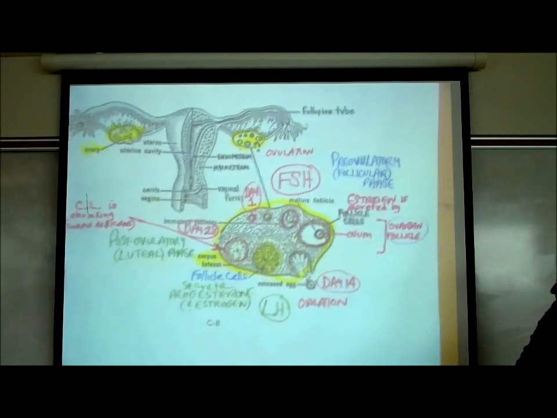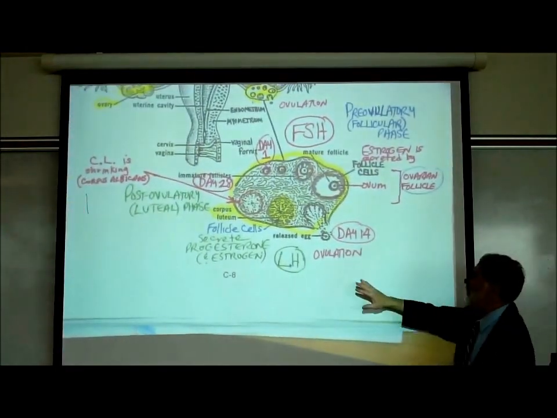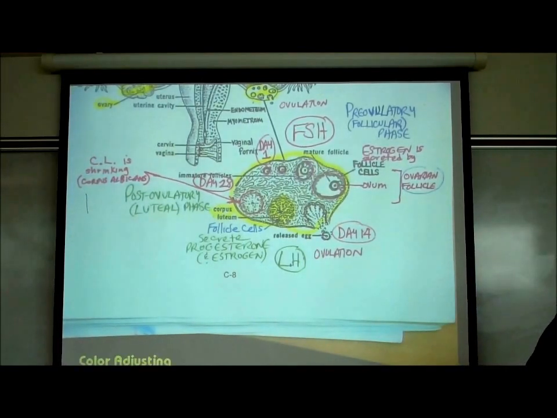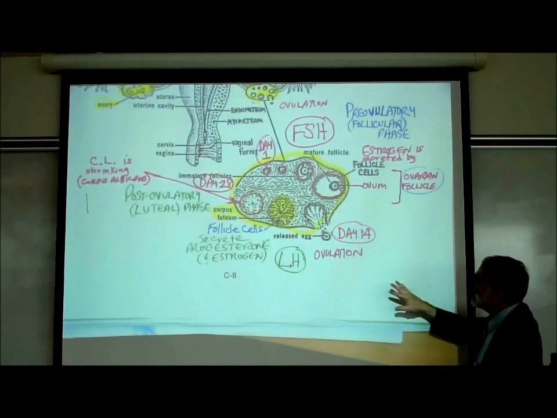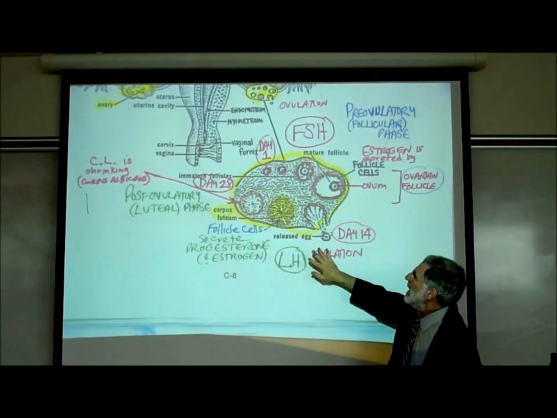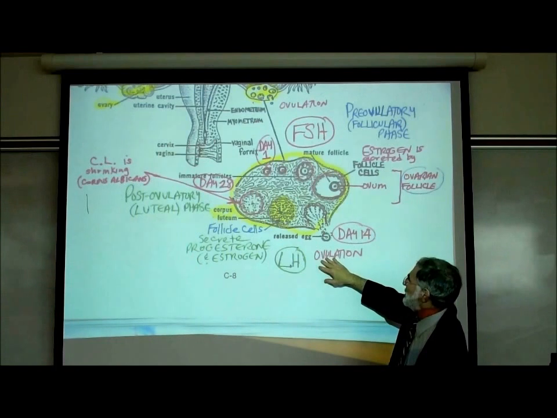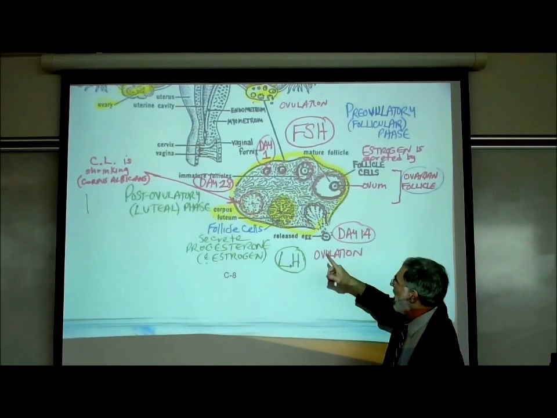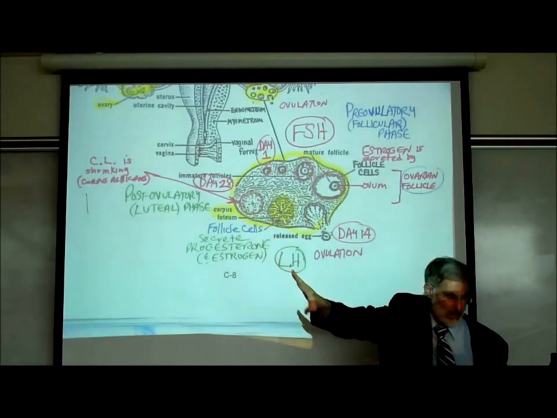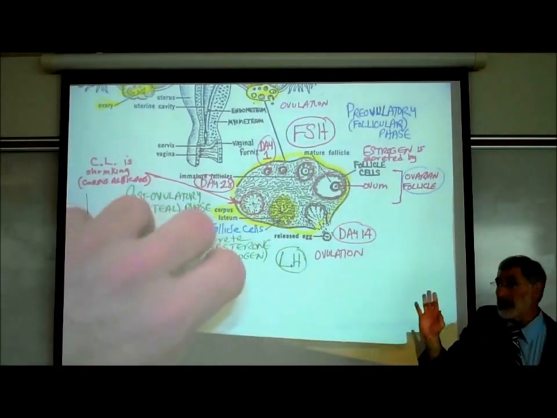Now, the next 2 weeks, beginning on day 14, a different hormone from the pituitary gland is released. This second hormone released from the pituitary gland is called LH. And LH, released from the pituitary, is what causes ovulation. And it also affects something else. Before we go any further, let's just show you what's all written down for you. Let's take a look on page C11. And on C11,